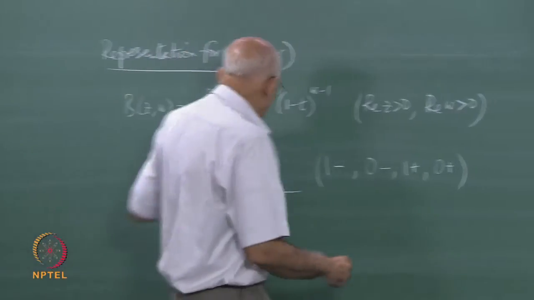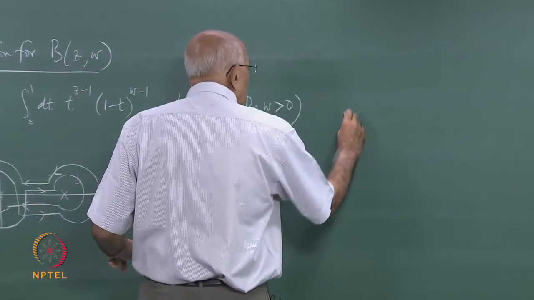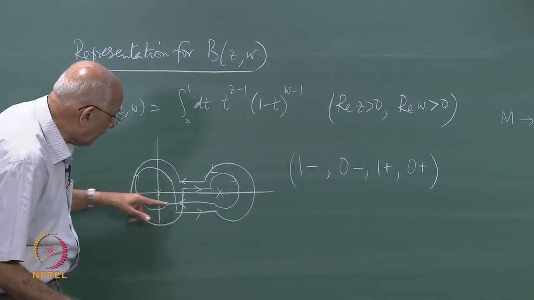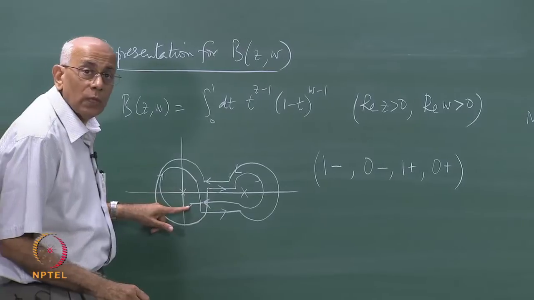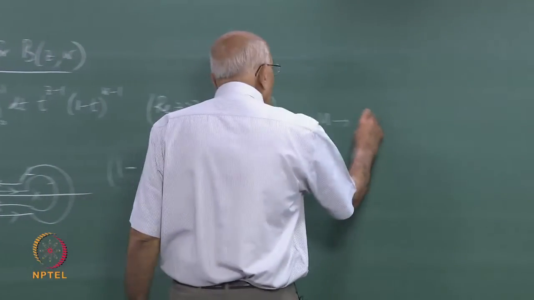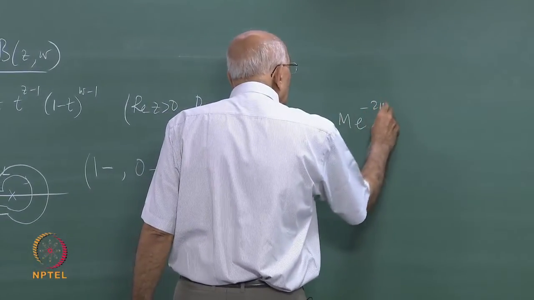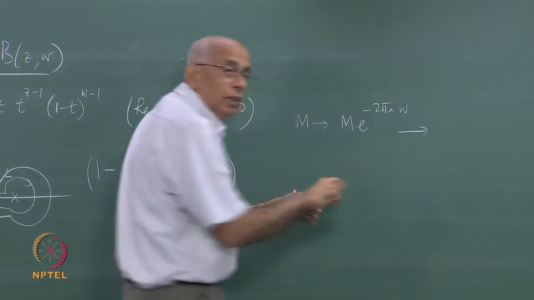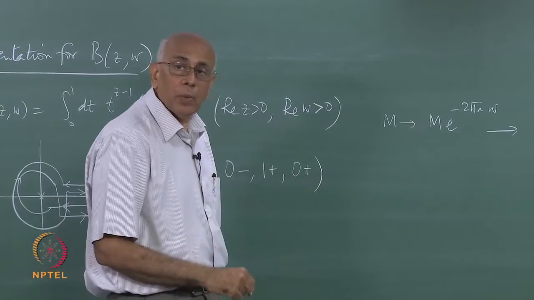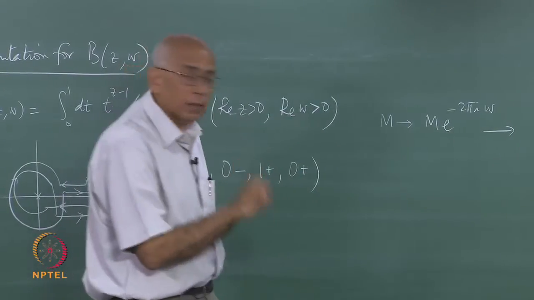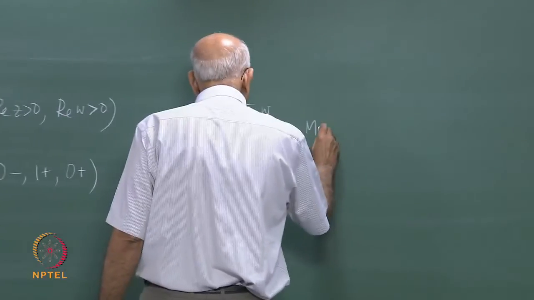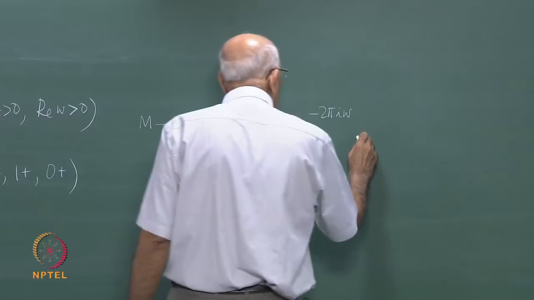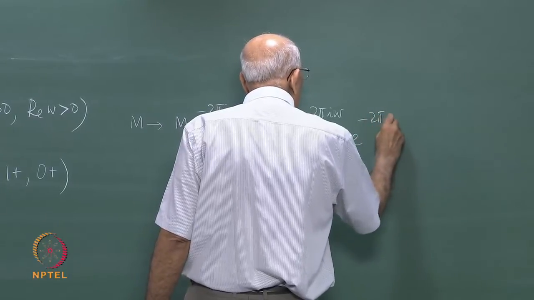So you started with modulus m, then in the circuit when it went from 1 to 0, it did so with m e to the minus 2 pi i w, and now you went round the point 0 in the wrong direction sense, so it picked up an extra phase e to the minus 2 pi i w e to the minus 2 pi i z,